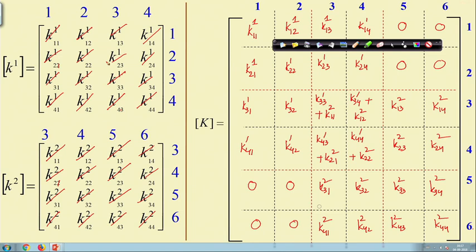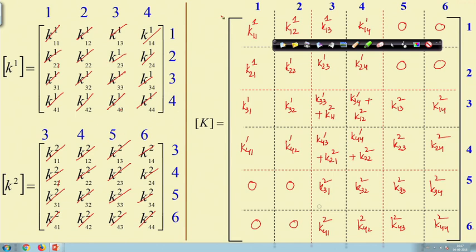you know, when you write the computer code or when you do this assembling manually, you start with writing all the components, though you know that this is a symmetric matrix, do not take it for granted for the time being. When I say do not take it for granted, what I mean is, when you write the stiffness matrix, write each component separately and then check whether the stiffness matrix is symmetric or not. That would be a check whether your assembling is done properly or not. Okay. Now, so this is the global stiffness matrix.